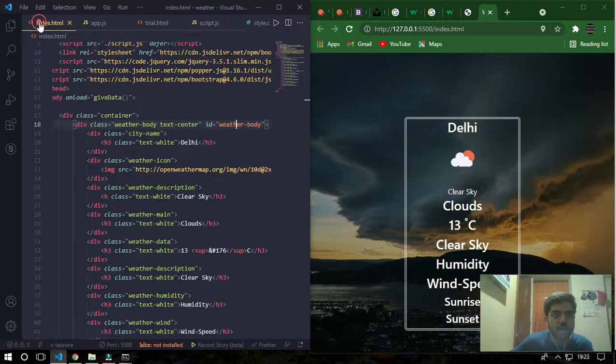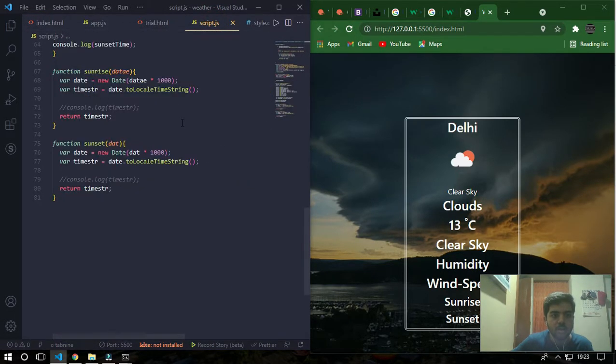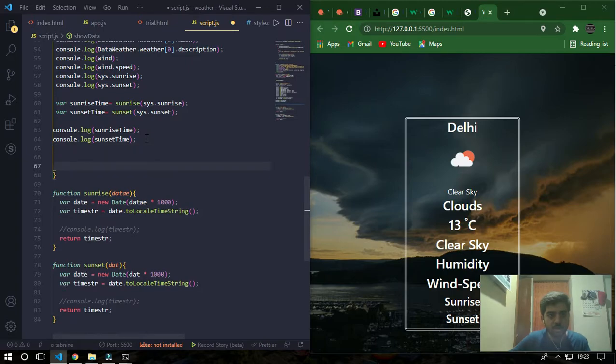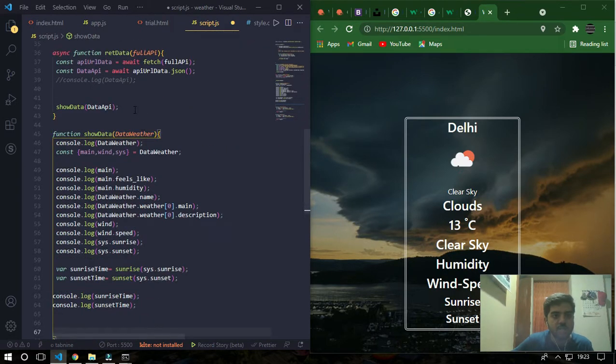Okay, it's the weatherBody. Now here let's just make this thing showFinal.innerHTML.